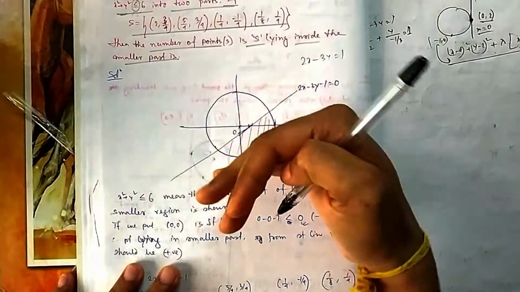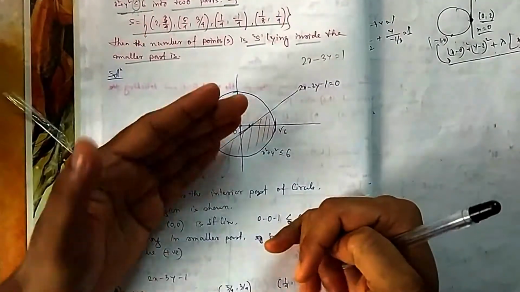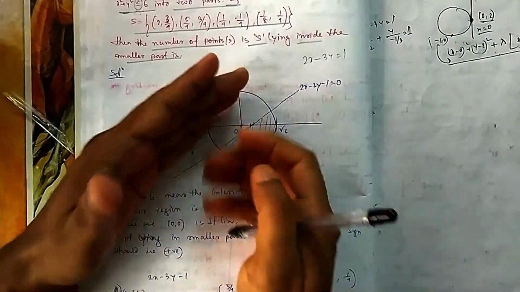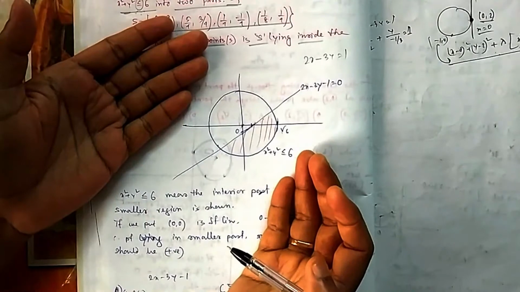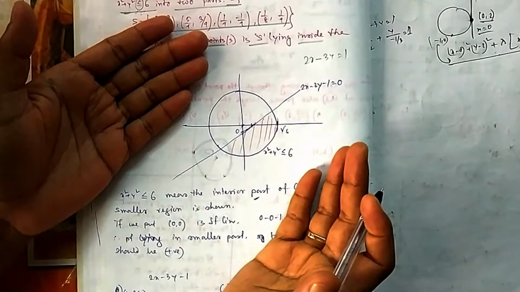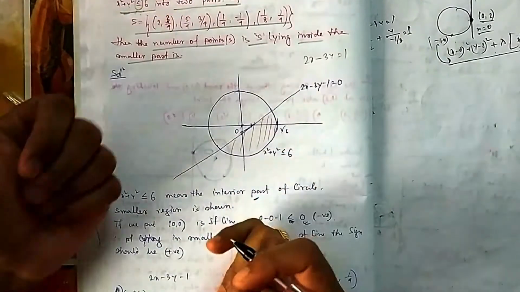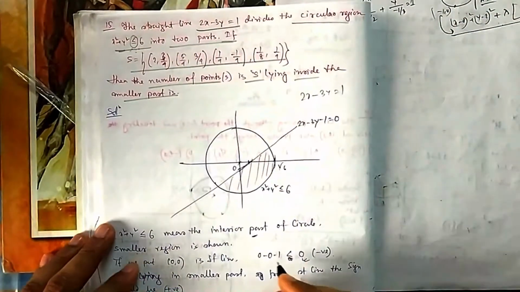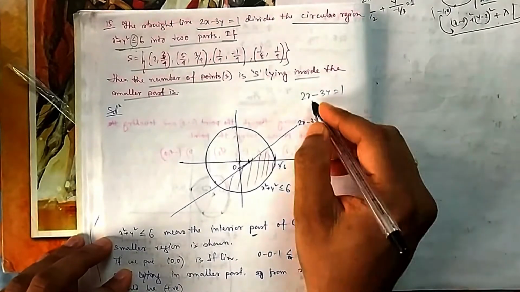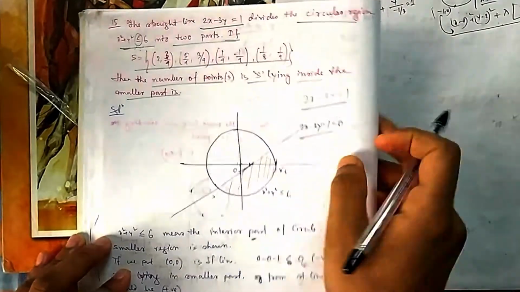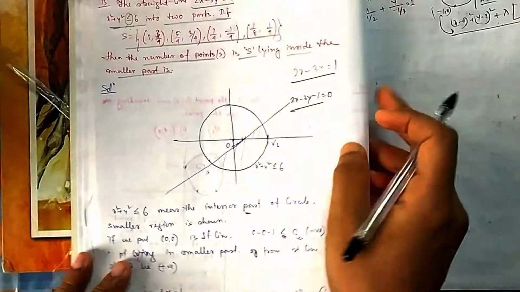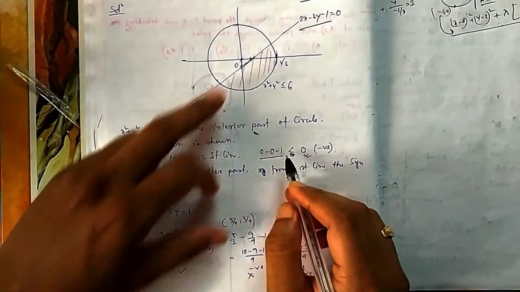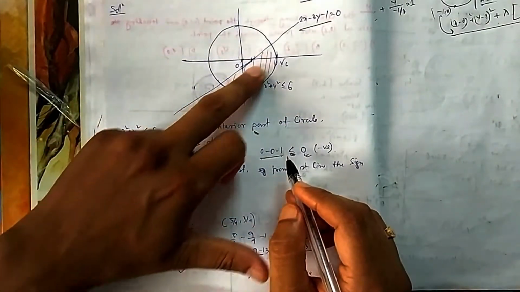Then the 2 points will be on either side of this straight line. If they lie in the same side, then the signs have to be equal. If they lie in opposite sides, because the origin is on the opposite side and I need the point on this side, the signs will be opposite to each other. So if you put 0 0 in this straight line, you bring everything to the same side, 2x minus 3y minus 1. If you put 0 0, it is negative because it is minus 1. So if the origin is giving me negative, this side point should give me positive.